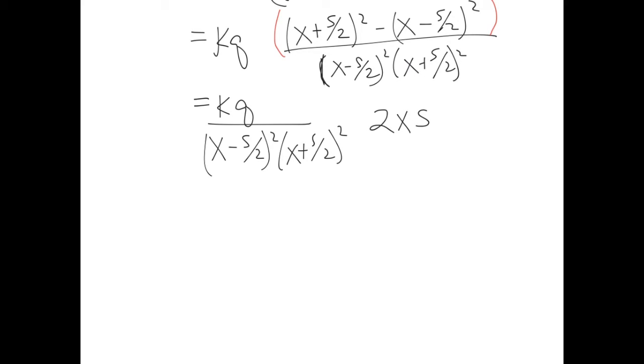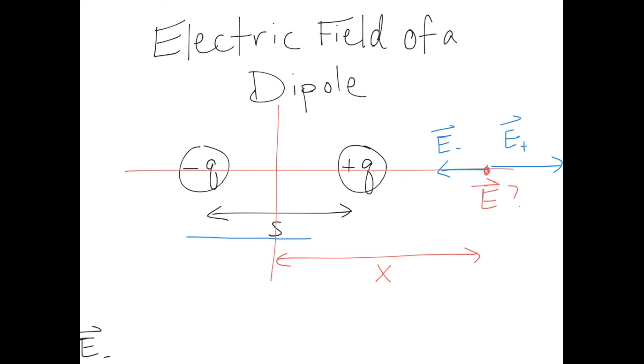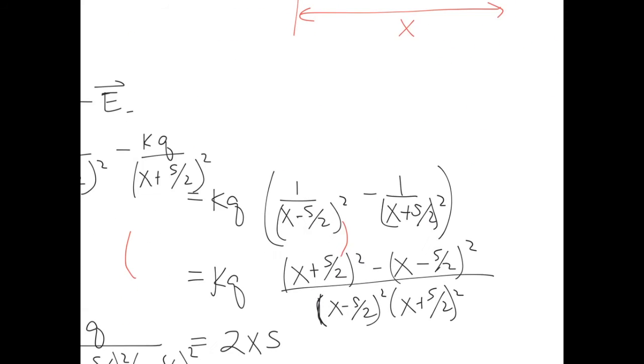So now it's an important moment to note that if you have a dipole, for example, a water molecule, the two ends of the dipole are very close together compared to any place that you're going to stick an electric field probe to measure electric field strength. So that distance x is always going to be way, way bigger than the separation of those charges. So x is always much, much bigger than s. That means that x minus s over 2 squared,